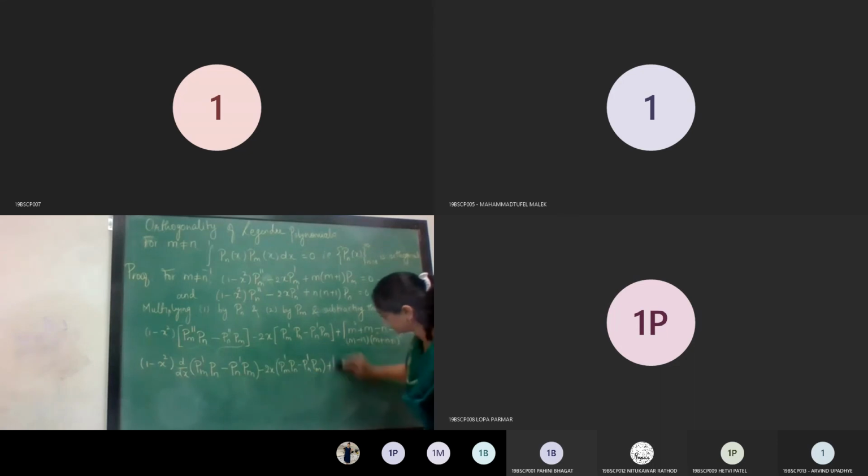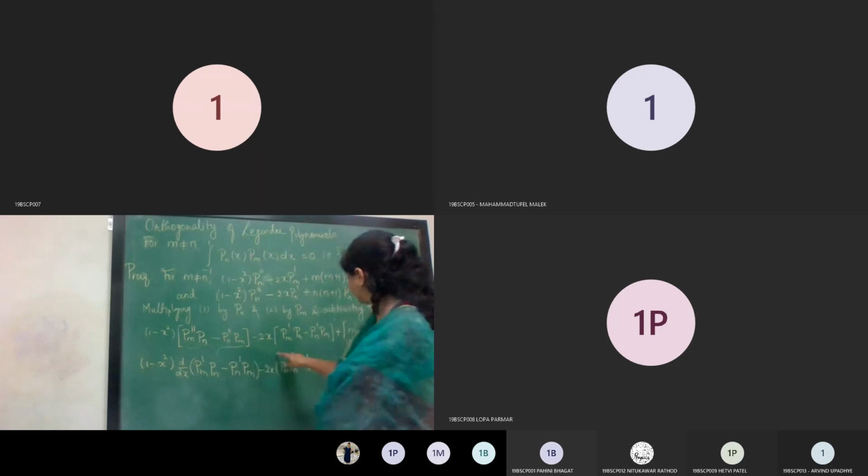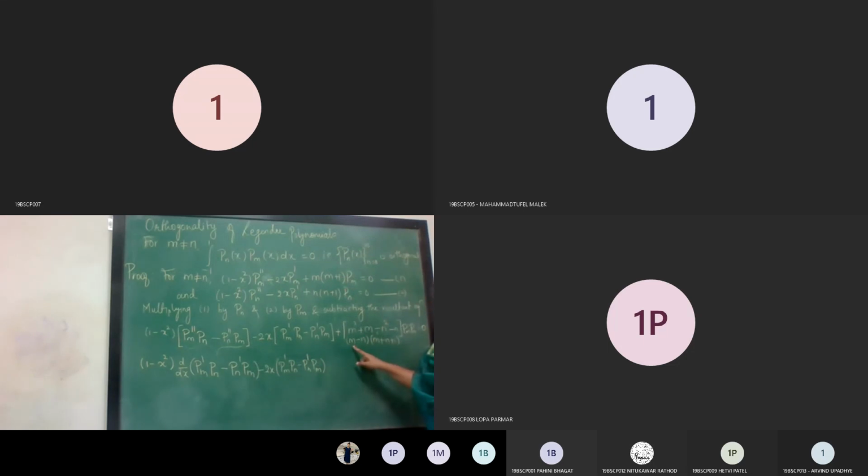Let me continue with this one. That is the explanation of these two terms. Now for this term, we have seen that it will be m minus n into m plus n plus 1. So that I will shift to the right hand side, and therefore instead of m minus n, I will write it as n minus m, with the negative sign common, and then shifted to the right hand side. The rest of the quantities will remain as it is, Pn, Pm.